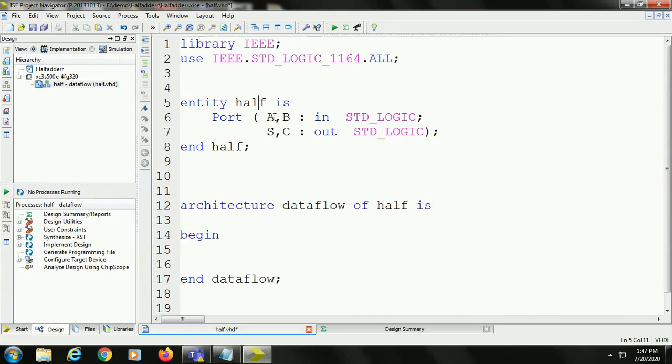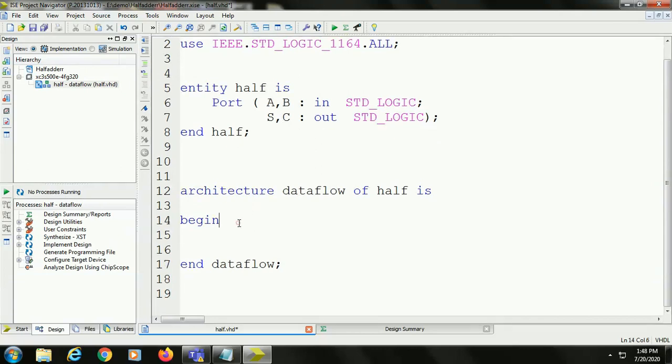So here port of A comma B are the variables we are using here. A comma B are the variables. In or out, we are specifying here. Those are the input pins, that's why in here, and here it is the data type. std_logic is the data type. It is nothing but like a wire. It creates a wire for that. Similarly sum and carry are the outputs, and std_logic is the data type. We are saying that sum and carry are the two std_logic types here. So in the entity part we have defined inputs and outputs.